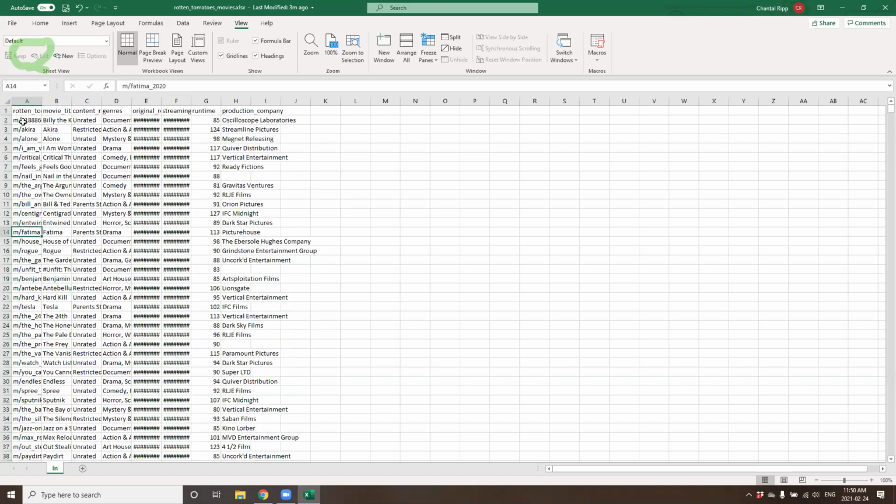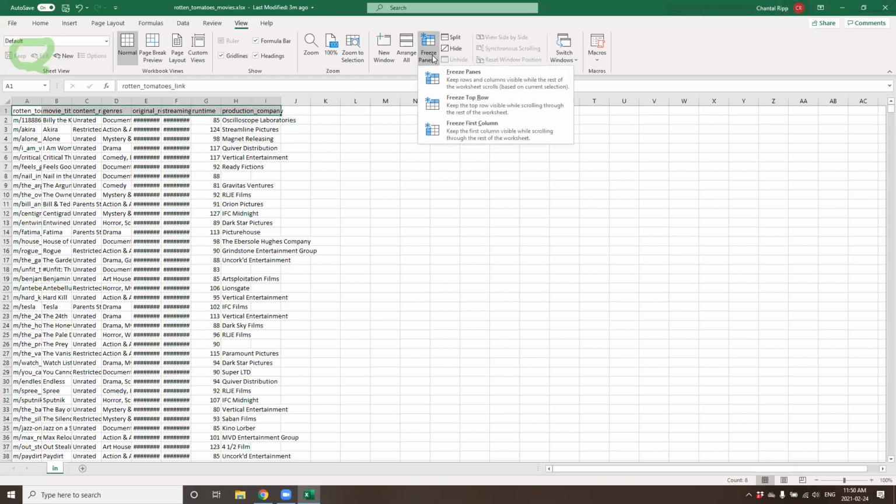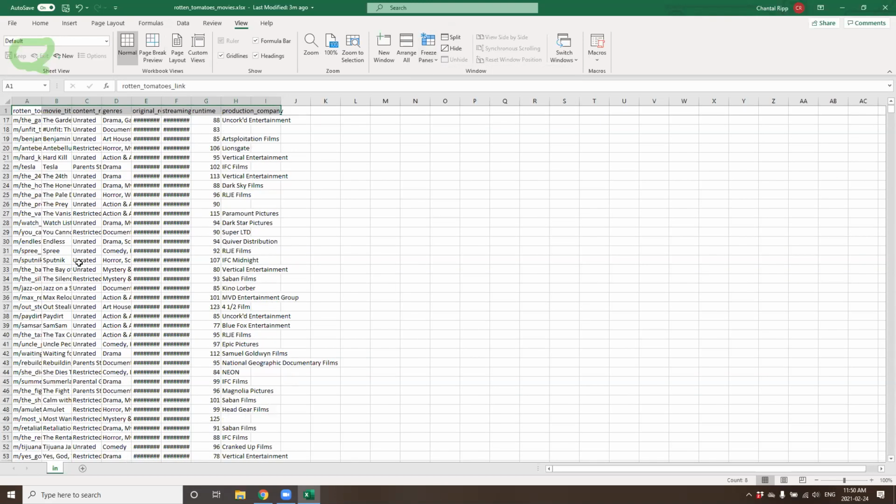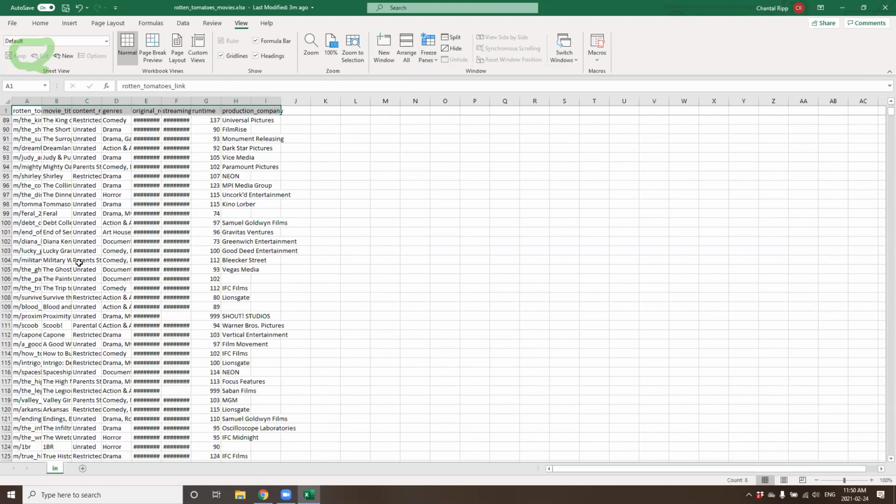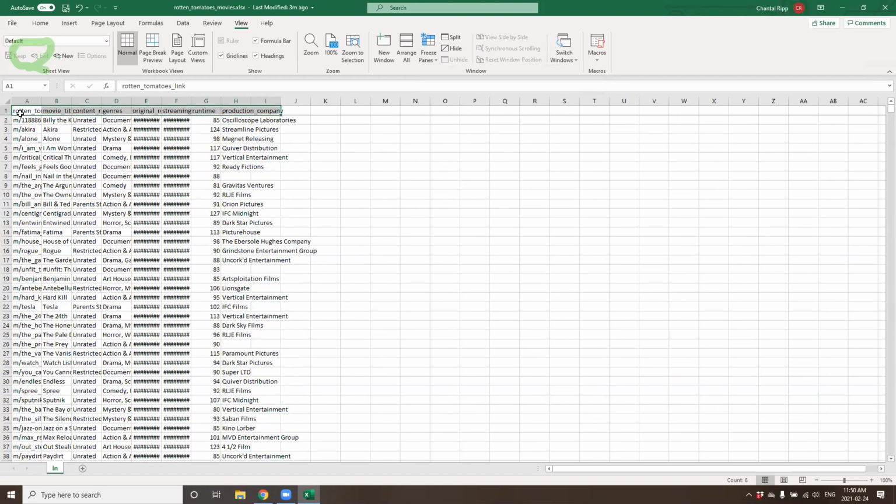That wouldn't necessarily be a problem, but if I started having a lot of columns and I'm working across them, a good practice could be to freeze panes on your top view. So this is going to freeze the first row so that it's visible throughout my worksheet. Now, as I start scrolling through my data set, that primary row of my headers stays constant, and if I'm doing data entry, for instance, I can make sure I'm working in the appropriate column.